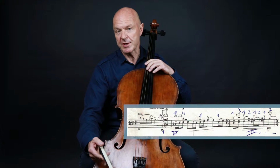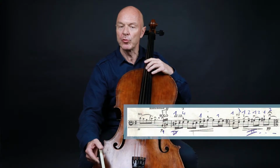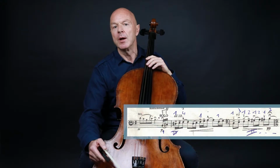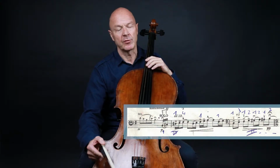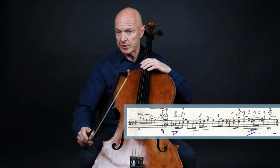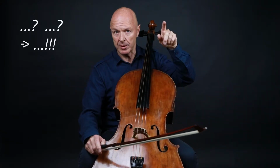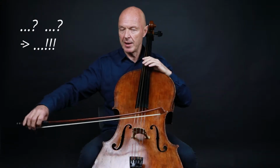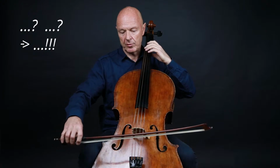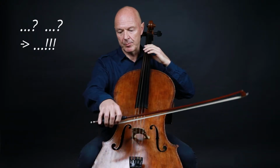The next transition passage raises two musical questions in the first two entrances. And the third one is an affirmation of these two questions. To express the question mark at the end of the phrase, I lift my arm up. So if I would sing this phrase and make the gesture,